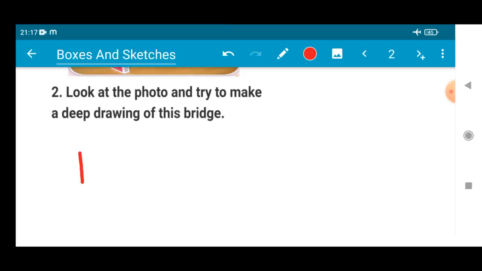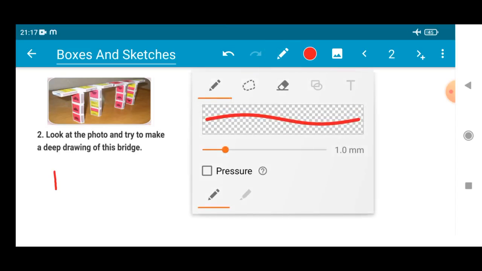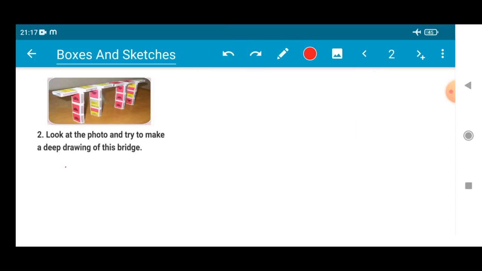It will look like this. Let me zoom out. The first part is this part I have drawn over here. Then the next white part is there. The white part is acting as a boundary here. It's a small part, right? Then again the yellow part, the bigger one. Again the small white part over here. Then again the bigger one, then the smaller one, then again the larger one, that is the pink one, or you can say the red one.